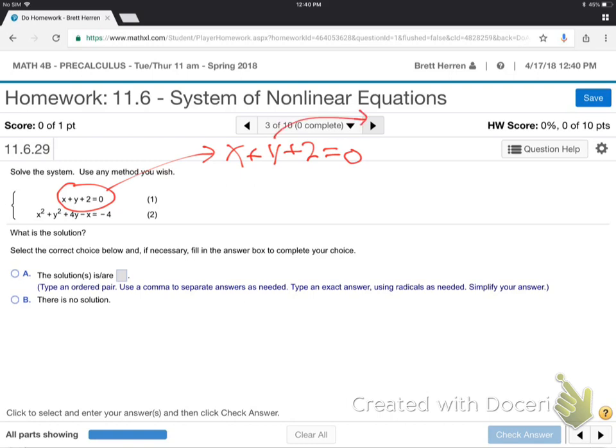So I'll just jump both these guys over, for example, and I'll get x is minus y minus 2. Or you can get y alone. It doesn't really matter. Get x or y alone, whatever, and then plug that into the other equation. Tracking with me? So then the second equation, which is x squared,